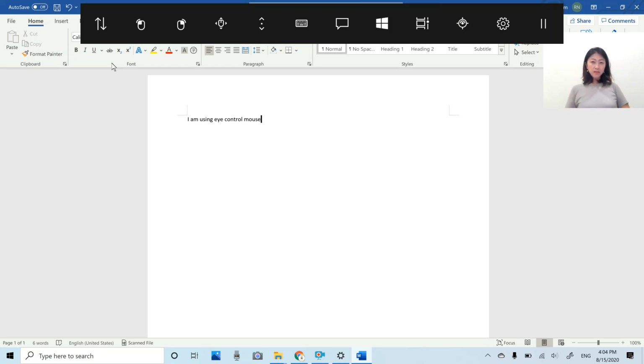And this is the Windows start button, and the one that I like to show next is the launch calibration button. So that's this one. So let me look at it.